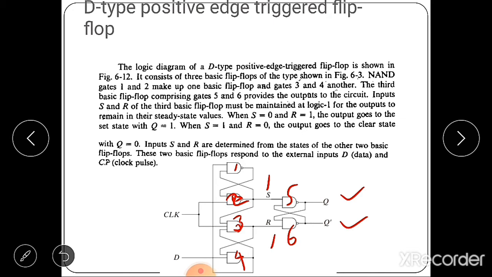When S is equal to 0 and R is equal to 1, the output goes to a set state. It is a NAND gate, so the output goes to the set state, that is Q is equal to 1